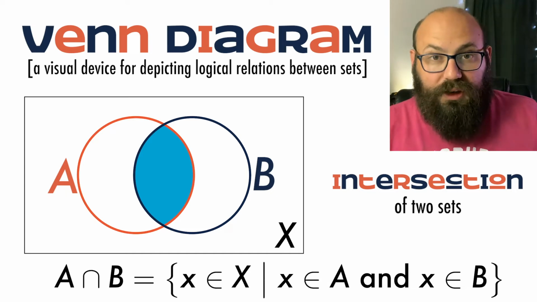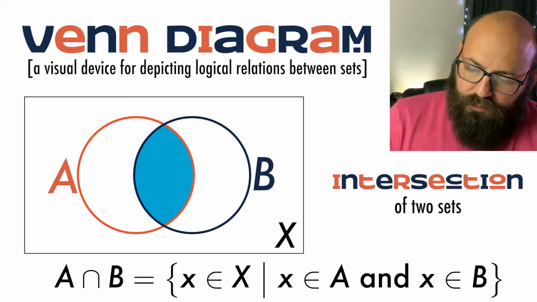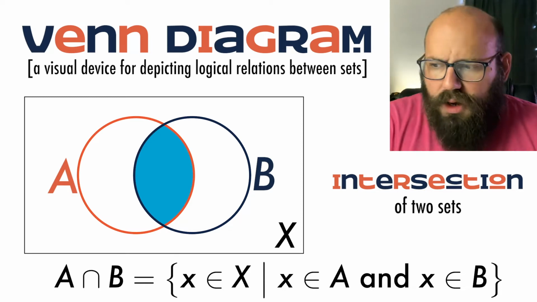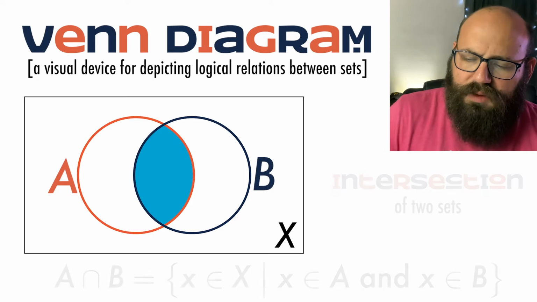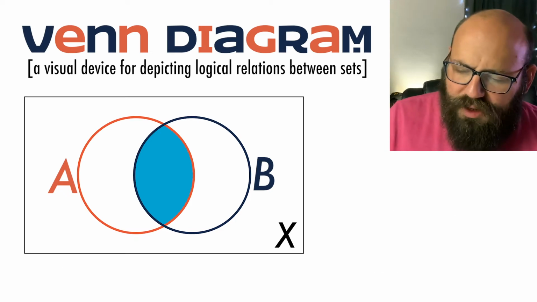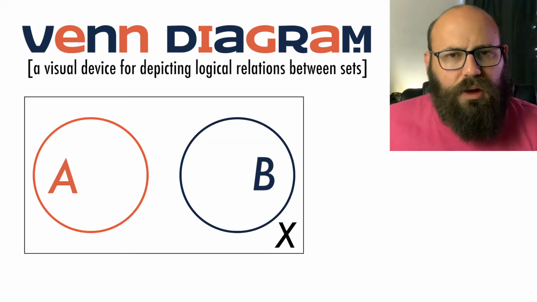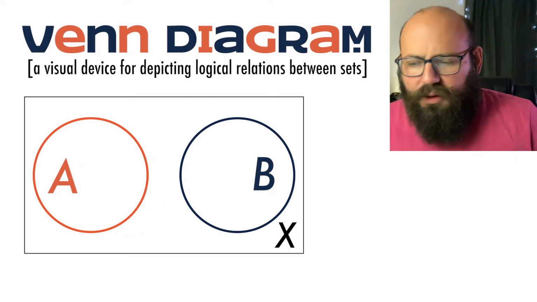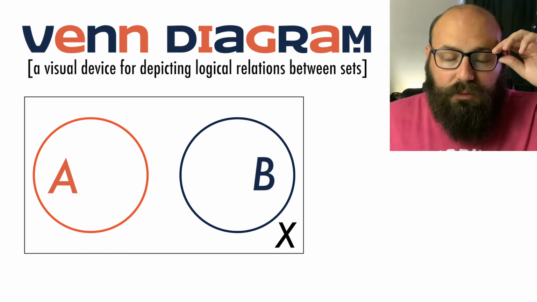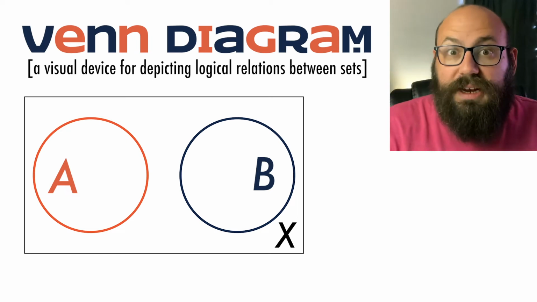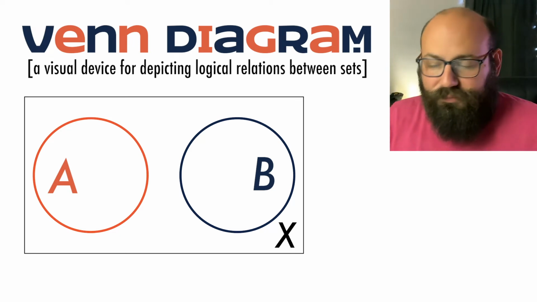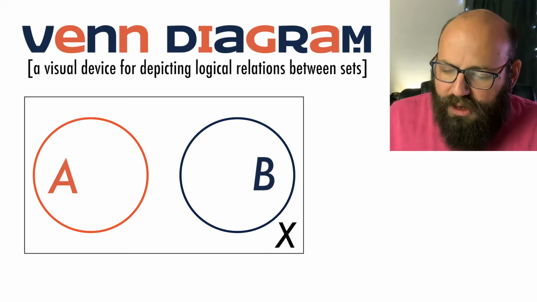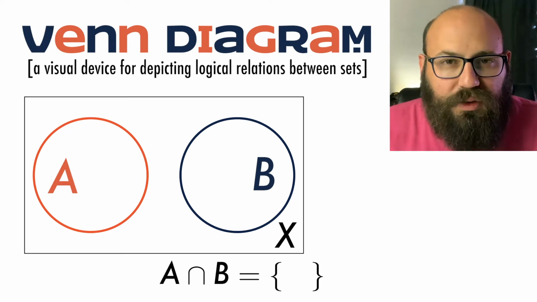So the intersection is precisely AND. This is a good chance for us to introduce a very special set that will come up pretty often. Suppose that instead of the example we have where there's overlap, A and B didn't overlap. Right? So A and B don't touch one another. There are no x's such that x is in A and x is in B. So in other words, this intersection has nothing in it. It's just a set with no elements in it.